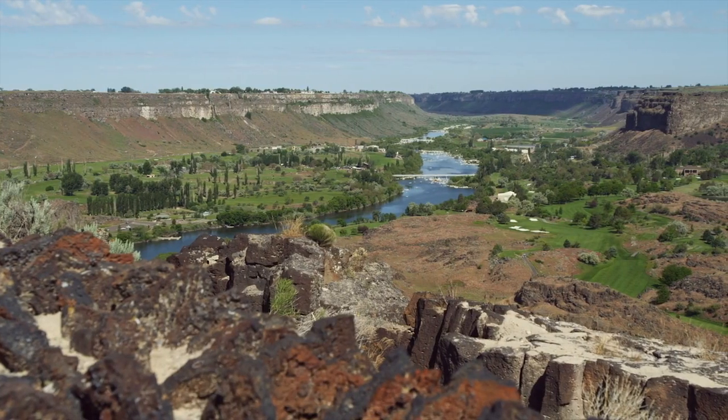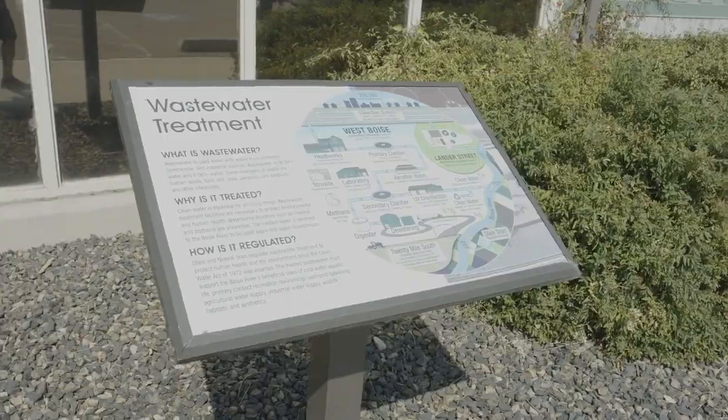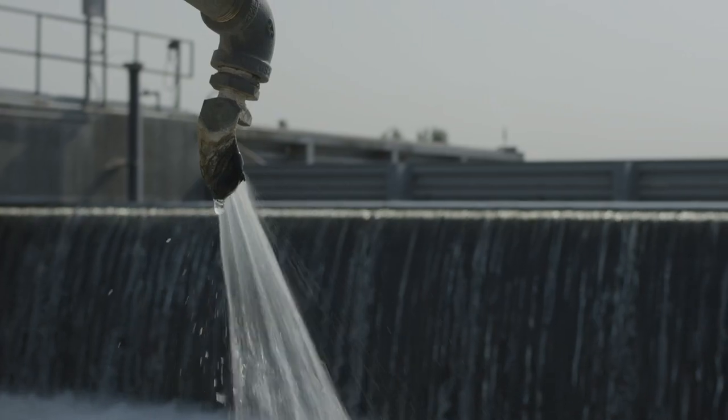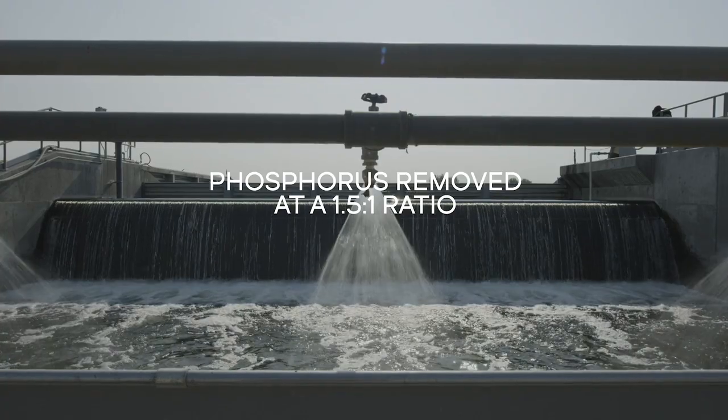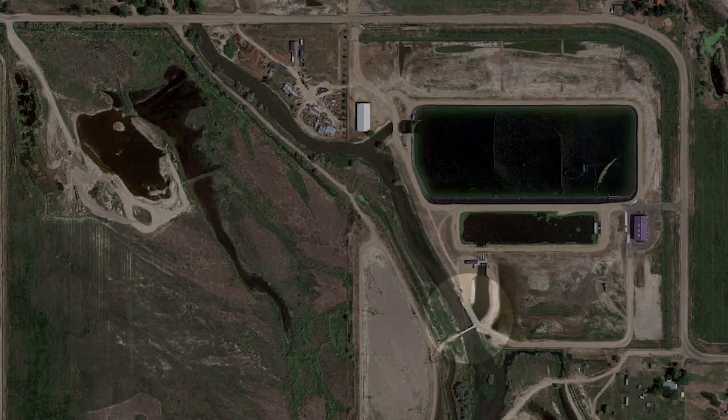The EPA regulations are a very big part of what we do with water quality and how we treat and clean water at the city of Boise. And so for every pound of phosphorus not removed in the city of Boise, we actually remove 1.5 pounds of phosphorus at Dixie Drain. The flow and phosphorus concentration at Dixie Drain are measured at both the inlet and outlet,